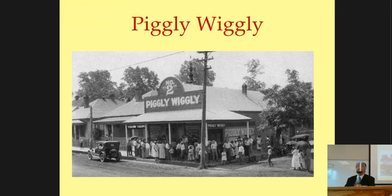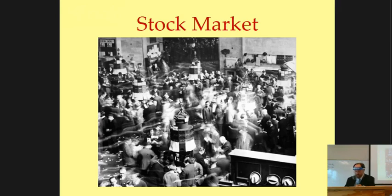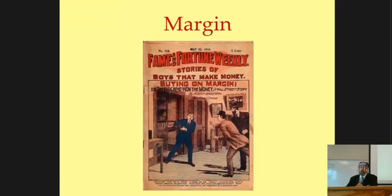And as old businesses grew and new businesses were created, people invested in the stock market. As rising profits led to rising stock values, even people with relatively modest incomes and little experience in investment invested. Some made fortunes, but it was a gamble, as stocks can fall rather than rise in value. And the ability to buy stock, but also the risk in buying stock, was increased by increasingly widespread use of